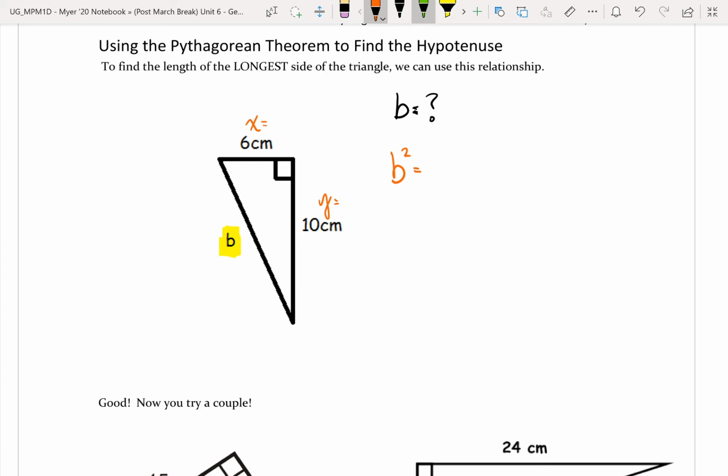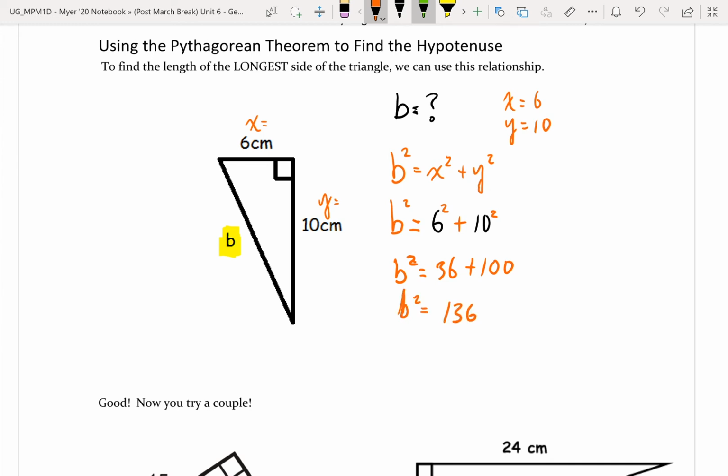Right? So in this case here, if we have X is equal to 6 and Y is equal to 10, and it's a right angle triangle, so we're going to say B squared is equal to X squared plus Y squared. And then we can continue on, and we'll substitute in those values. So we're going to put in 6 squared plus 10 squared is equal to B squared. So B squared is equal to 6 times 6 is 36 plus 10 times 10, which is 100. B squared is equal to